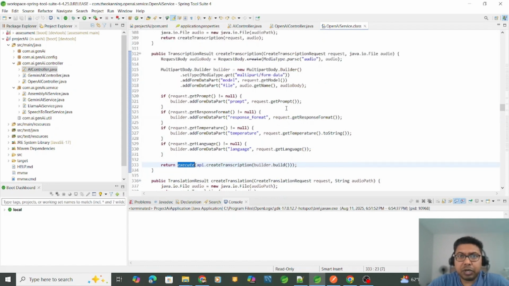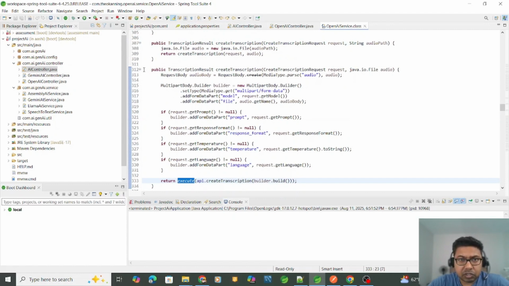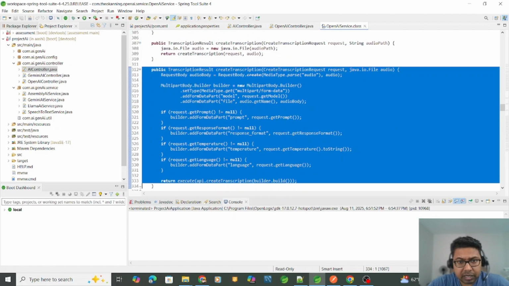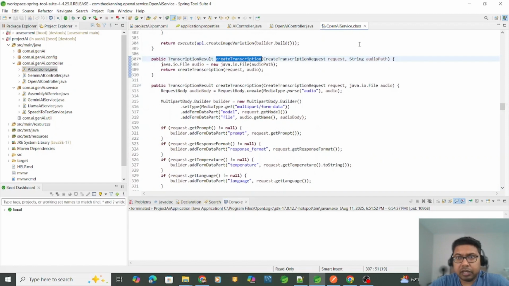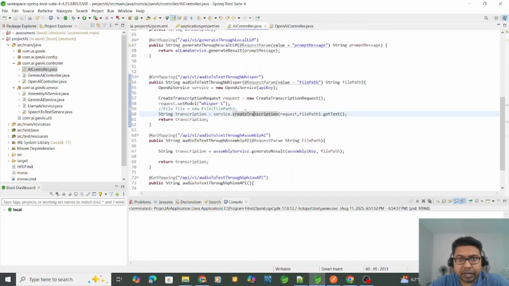as text. But we need not worry about this implementation because this is not our implementation. I just tried to explain the OpenAI service implementation. Basically, we are going to call this method of the OpenAI service. So we are creating a service by passing the API key, then creating a request, the create transcription request, and then we are calling that service createTranscription and passing that request and the file path. That's it. And then it will return that transcription. So this is the implementation. There is nothing much in it, but let's